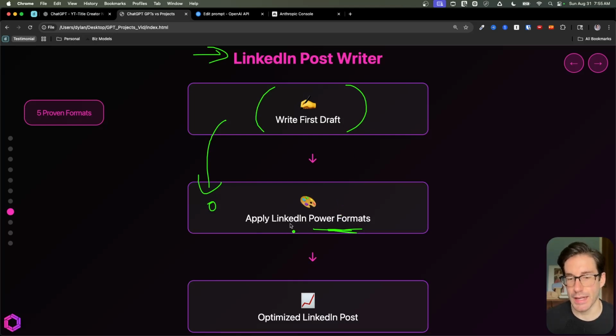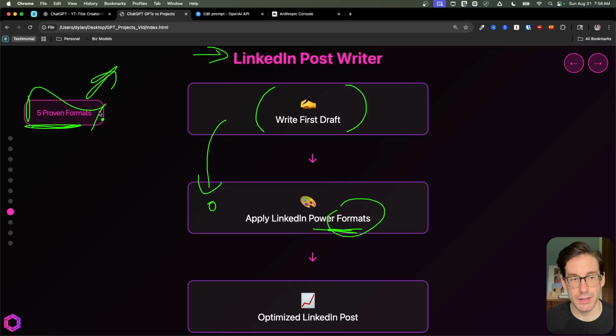Now the question is how did I get these power formats? Well, luckily, anytime you're on a social media platform, there's going to be a bunch of gurus that talk about different types of tactics that work best, at least in that month or that quarter, to get more clicks and views, etc., for a specific format or a method of communication. And I was lucky enough to find somebody called Matt Gray that created a PDF that was the 5 proven formats that work for LinkedIn, at least right now.